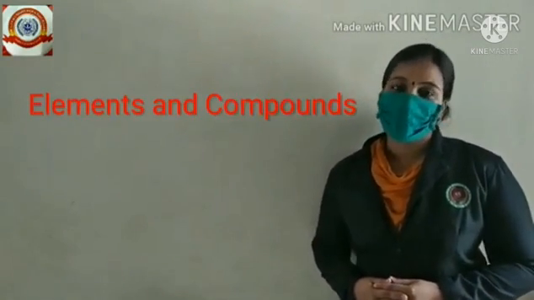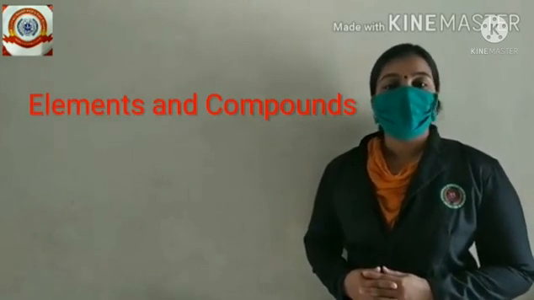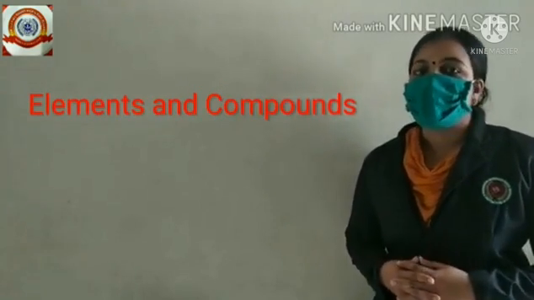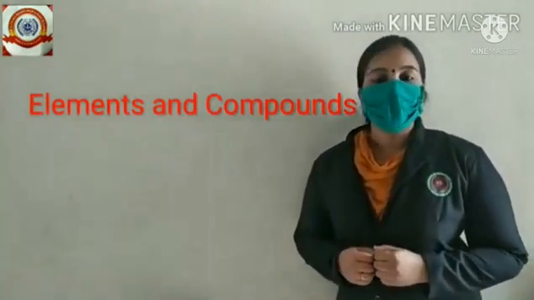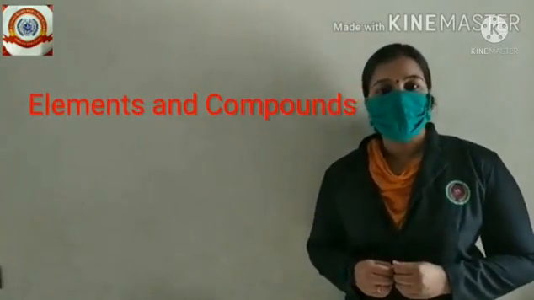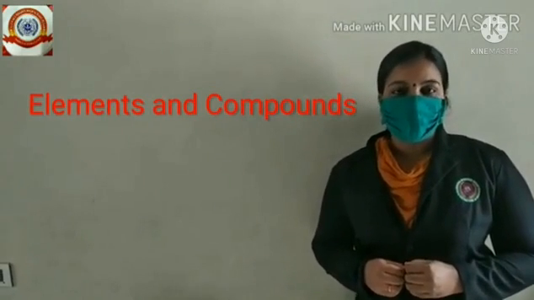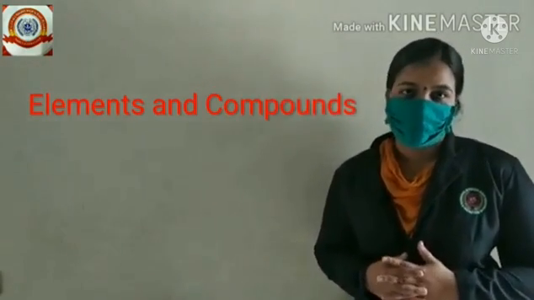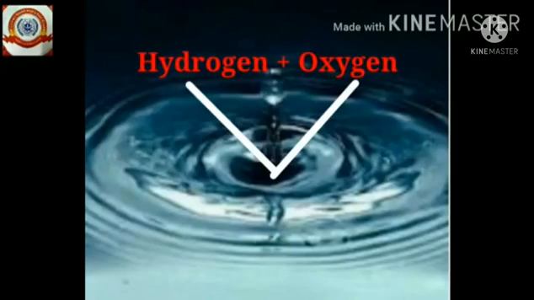In our previous session, we discussed elements and compounds. Do you all remember that? Okay, good. Elements are pure substances that cannot be split into simpler components through chemical reaction. And what about compounds? Compounds are a combination of two or more elements through chemical reaction. You know that oxygen and hydrogen are examples of elements. These elements combine to form water, which is an example of a compound.